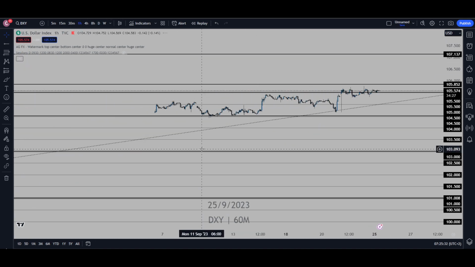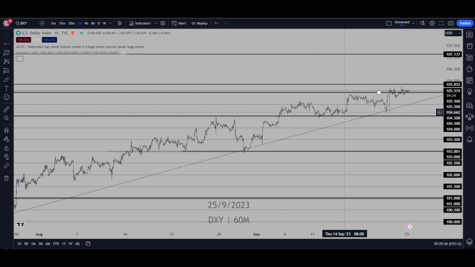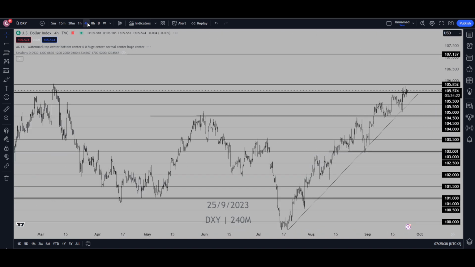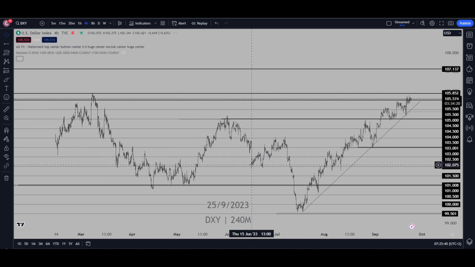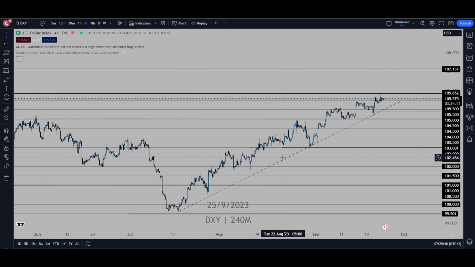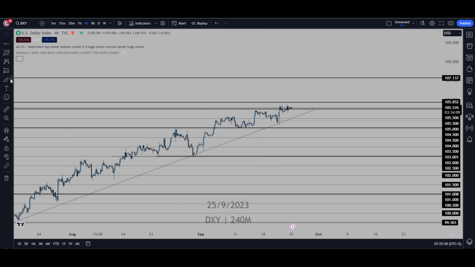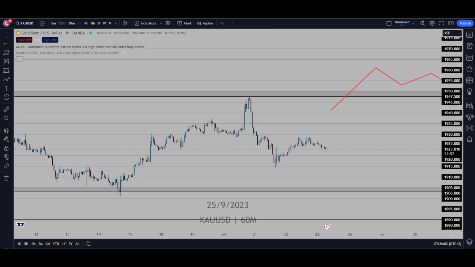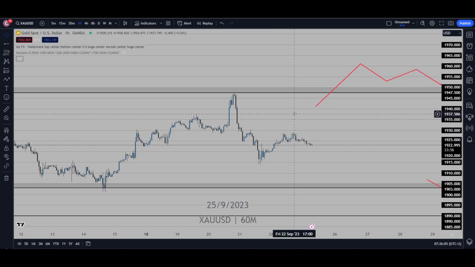Now we've had a very gradual trend to the upside here, but you can see if you do zoom out that the dollar has a lot of momentum right now. We are moving into a very key area around 105,500, where we could still see some rejections, not necessarily to change trend, but just to get a deeper pullback to continue to move bullish here. So with that stronger dollar,